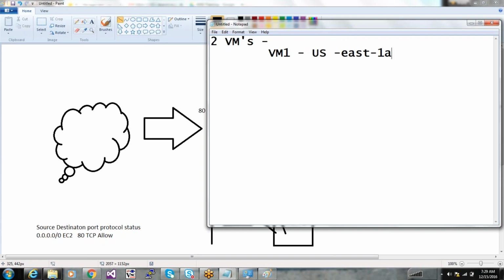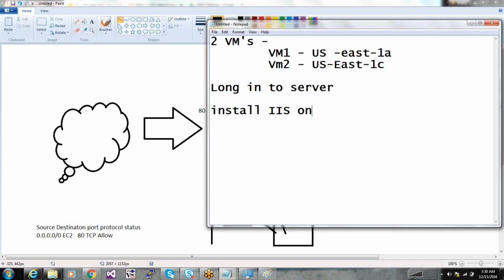VM1 will be in US East 1A availability zone and VM2 will be in US East 1C. Once that is done, you log into the servers and install IIS on it. IIS is used to make it a web server. If you want to make it a web server, that's what IIS is for.